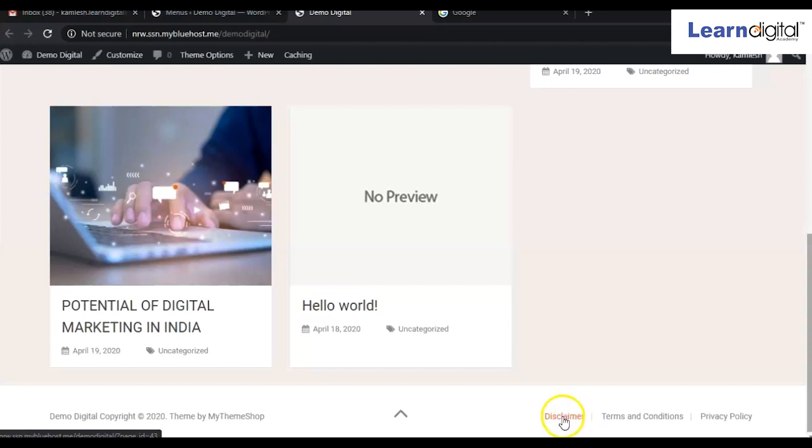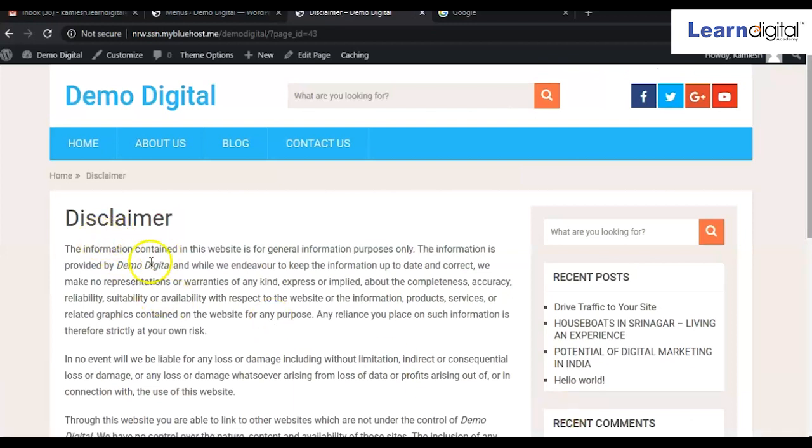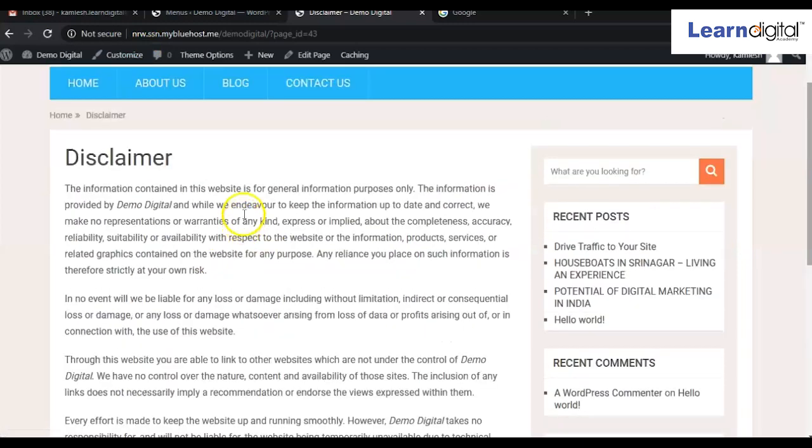If I click on disclaimer, see the content. The information contained in this website is for general purpose, right? So here by default your website name has been taken, we can see it's demo digital, right? And this is the content. This content we have not created, so by default it is created content.